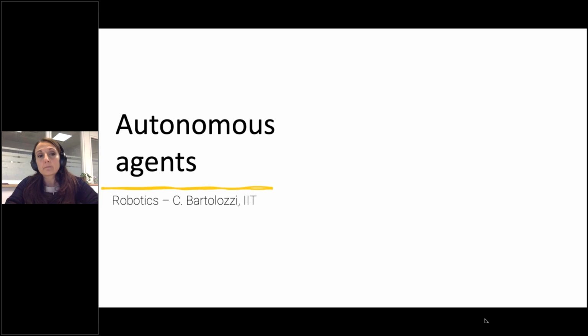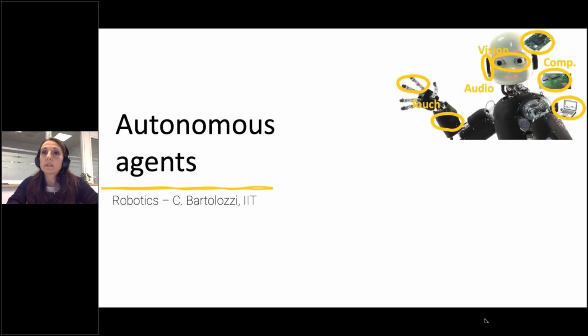So this refers on one side to robotics. So what we can do, for example, is take a humanoid robot like the iCub, as we do in our lab, and integrate event-driven vision, audition, touch, and computation to have the robot taking autonomous decisions on how to behave and what to do next.